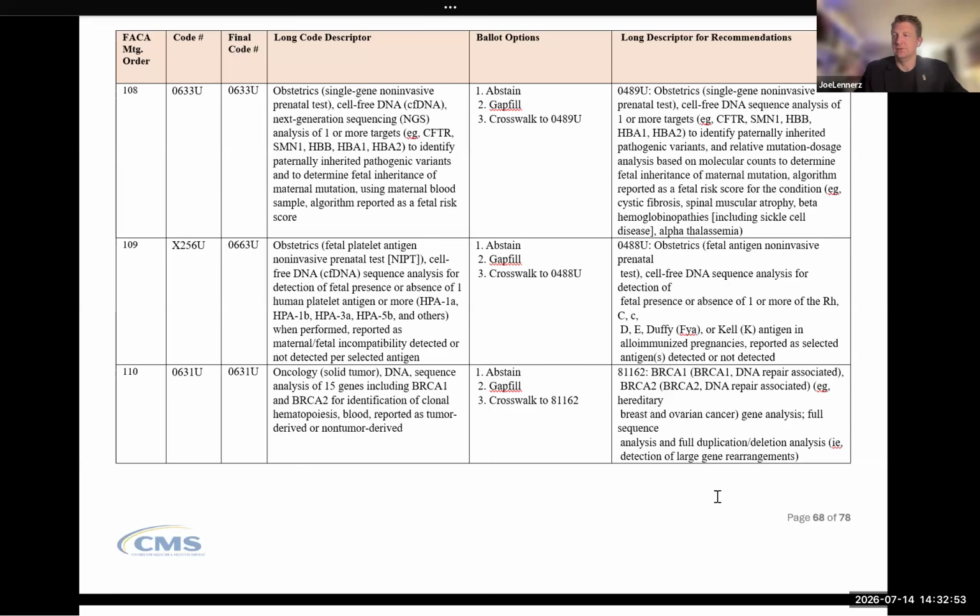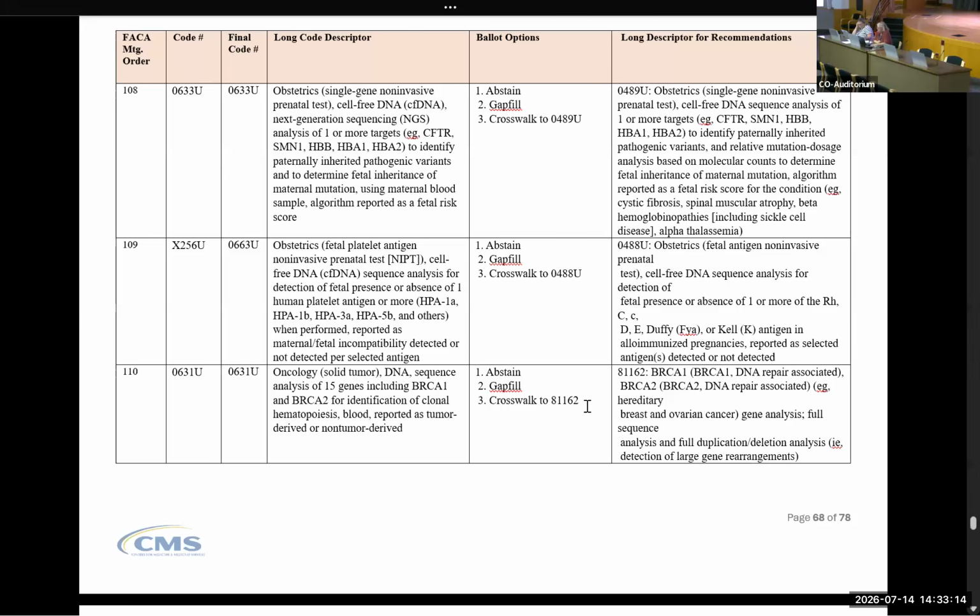But as Chris said, these codes are different from the scope and the description of the assay used. But I think for transparency, I think we should include these as options in the ballot. I concur with that. Yeah, they're now reflected on the ballot that the panel is seeing. Again, not on the chart that's on the Zoom slide, but it is on your ballot. And then we will update the rest of the materials after the meeting.